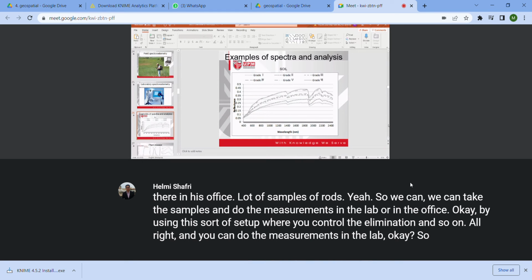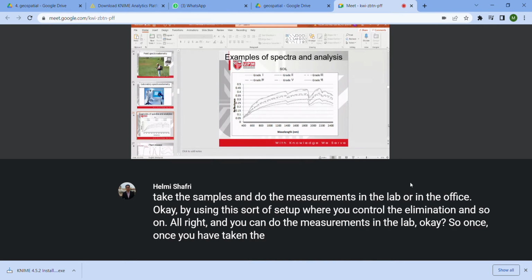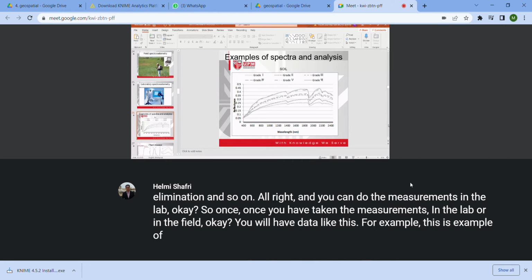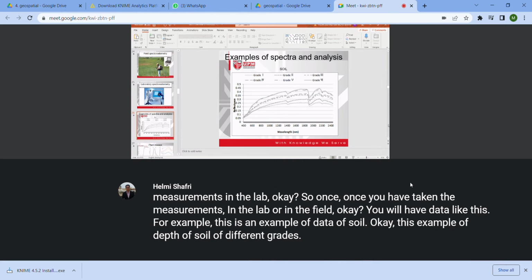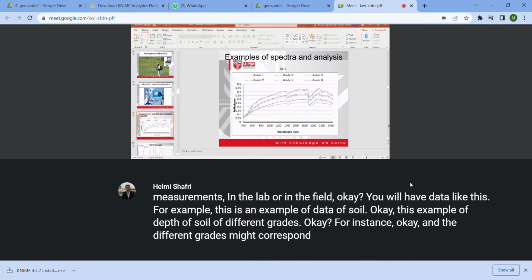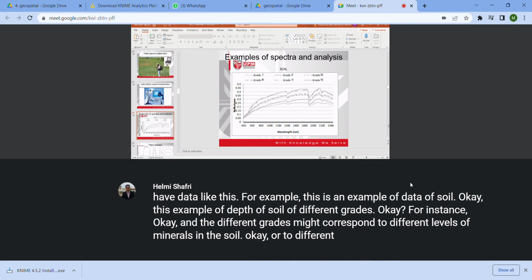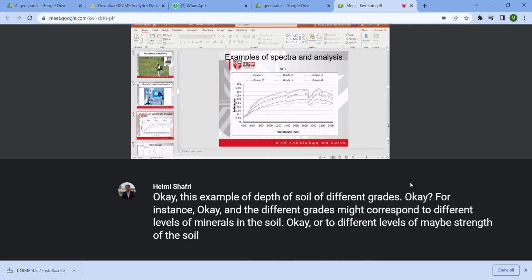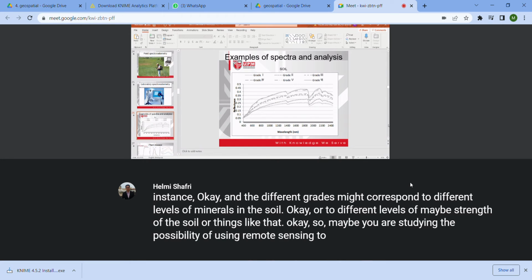Once you have taken the measurements in the lab or in the field, you will have data like this. For example, this is an example of data of soil of different grades. The different grades might correspond to different levels of minerals in the soil, or to different levels of strength of the soil. Maybe you are studying the possibility of using remote sensing to predict soil strength from spectral reflectance,